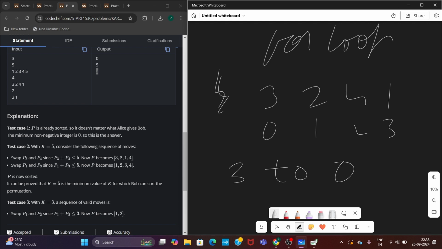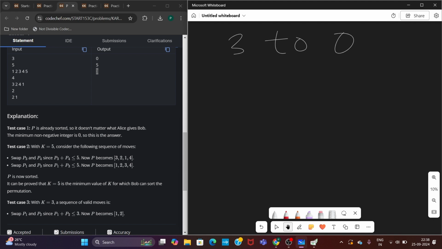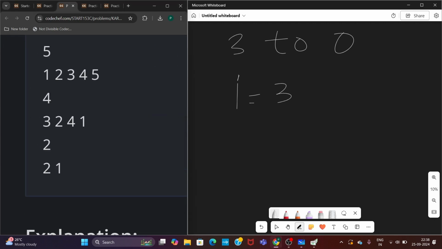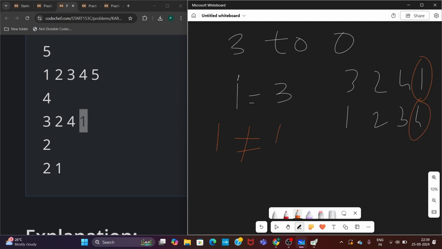From 3 to 0 we are going to check. For i equals 3, our number is 1. So b of 3 is not equal to c of 3. Basically, 3, 2, 4, 1 and 1, 2, 3, 4. Over here, our b of 3 is 1, which is not equal to c of 3, which is 4. So our d will be